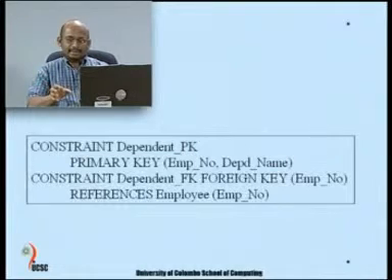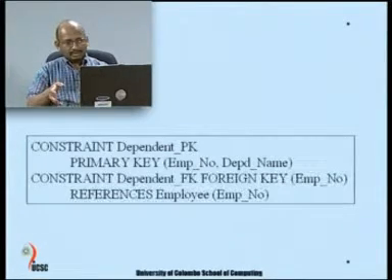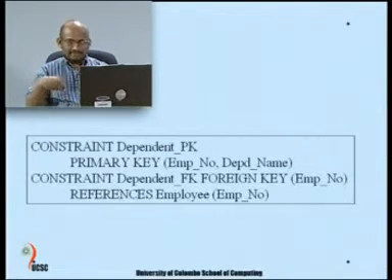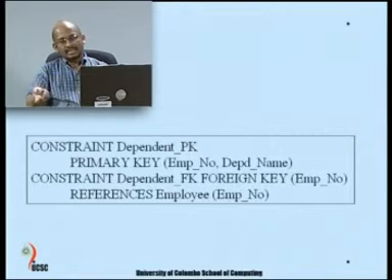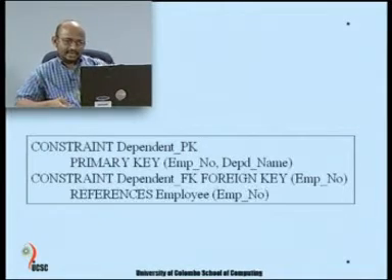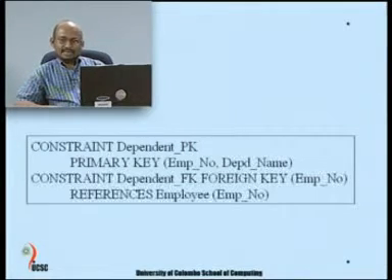Now, the constraints, as we used in the two previous examples, are written as just the constraint name like primary key or foreign key, then the attributes, and then references if it is a foreign key and the attribute. Now, the attribute with respect to the references is the referencing table, and for the referenced table the primary key is automatically assumed, but it is optional, you can include the key name as well. So, in this particular case the full definition of a constraint is introduced.